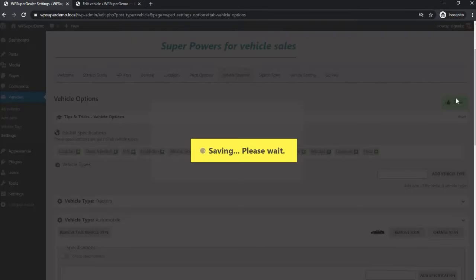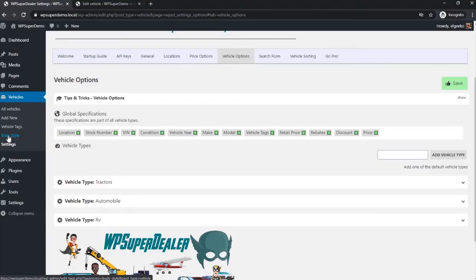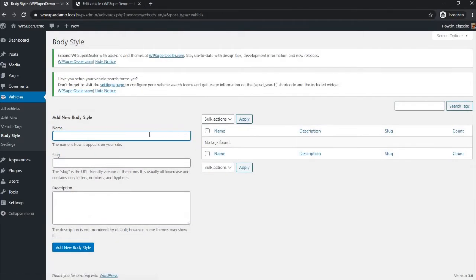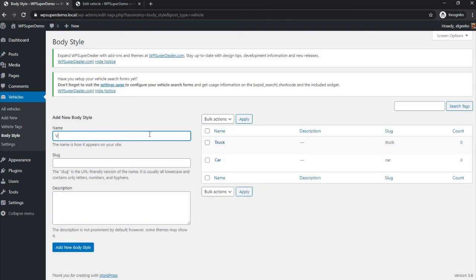You'll now see body style as a menu item under Vehicles in the left-hand admin menu. This is why we turned on the Show Taxonomy UI option. If we click on it, we'll see a standard WordPress taxonomy page. Here we can add car, truck, and van. When we go back to our vehicle edit page and refresh it, we'll find the body style field has now